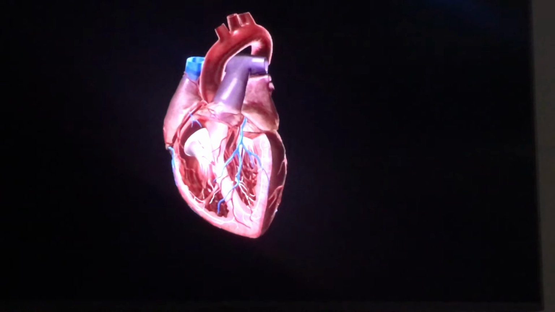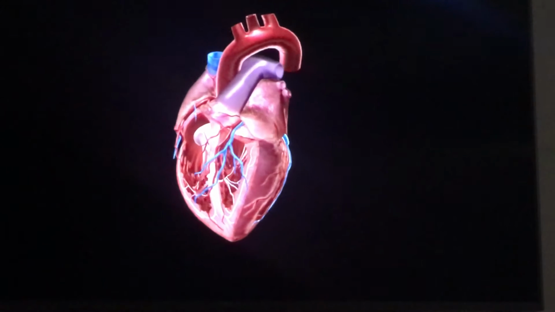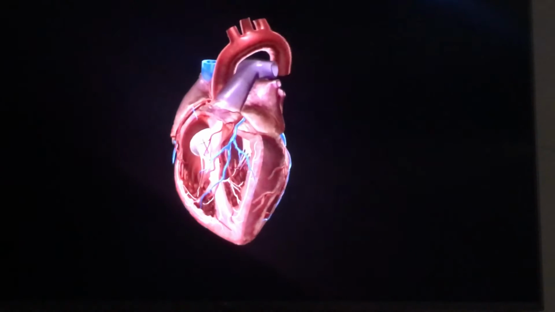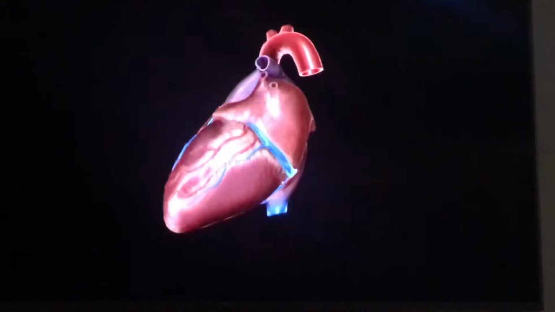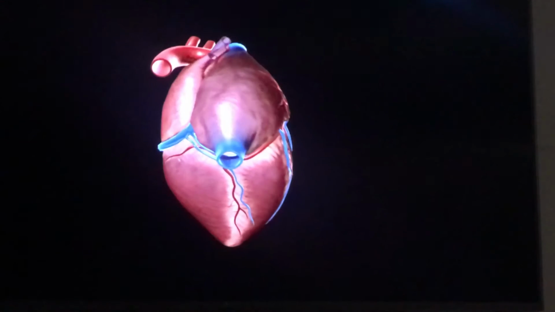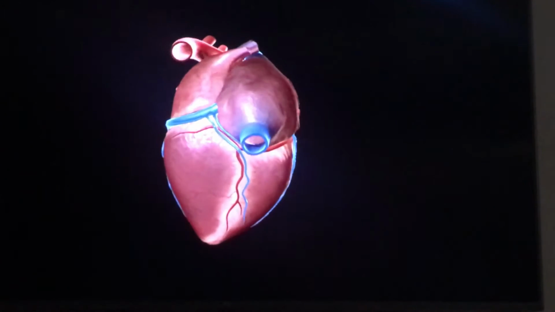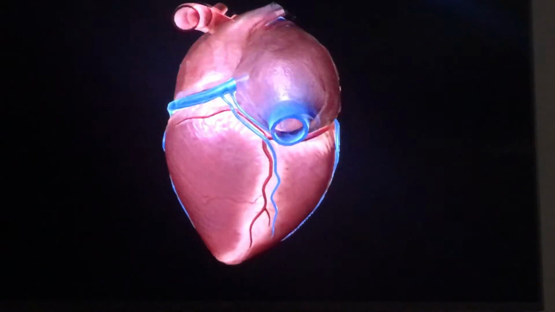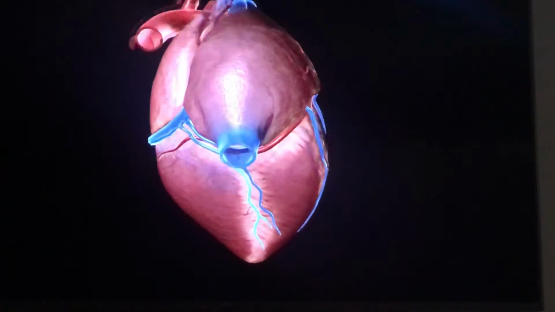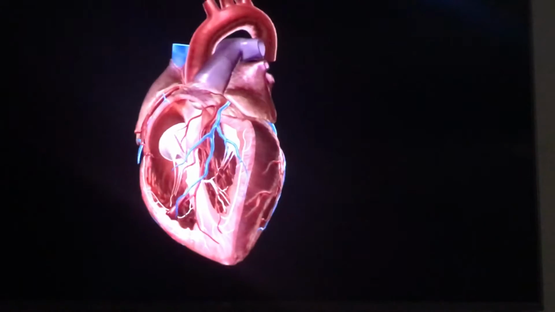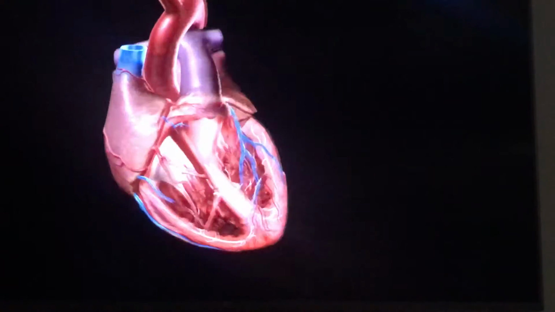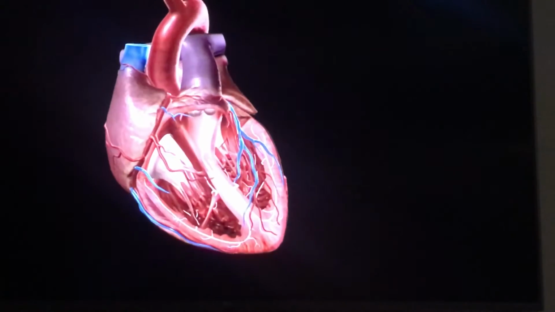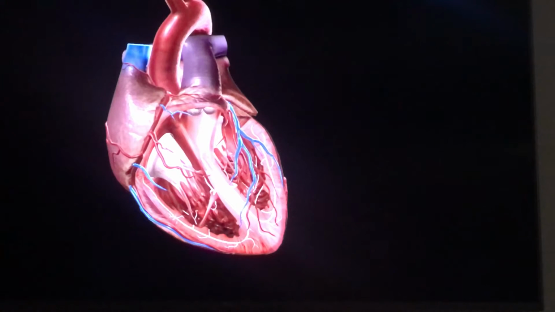Okay, hi guys, welcome. I'm going to walk through the heart with you real quick. You can probably find some good YouTube videos on the heart, but this is the human heart. I'm going to turn it as if this person is looking away from you. Now let me turn it around towards us. If that person is facing us, then this over here is the top